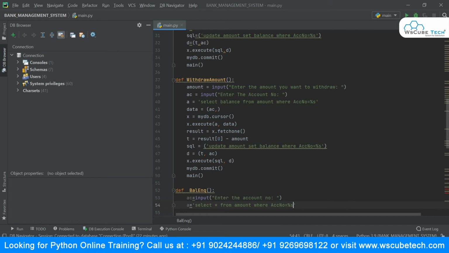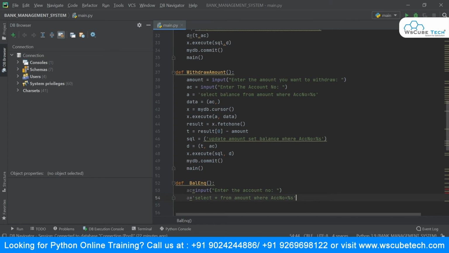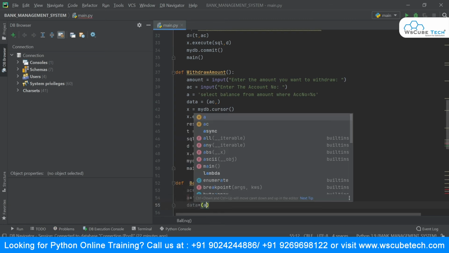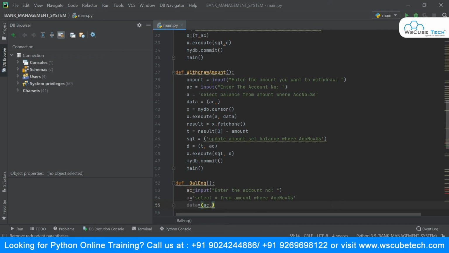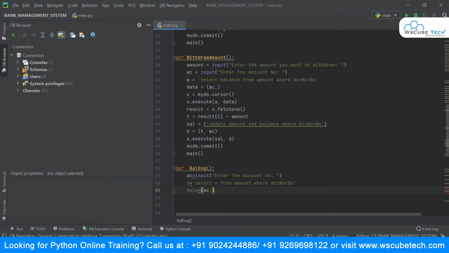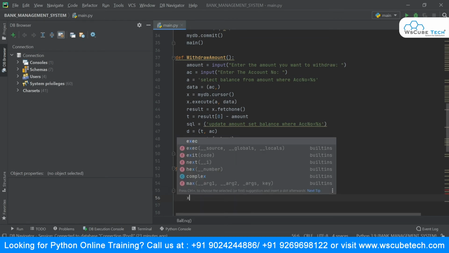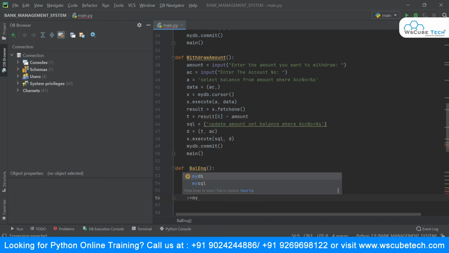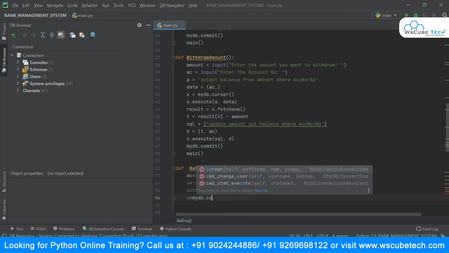Okay, so this would be my query, and now I will create a variable named data, and inside this I'm creating a tuple. So I will say AC comma, so this will create a tuple. And now I need to create my cursor object, so I will say x equal to mydb.cursor.